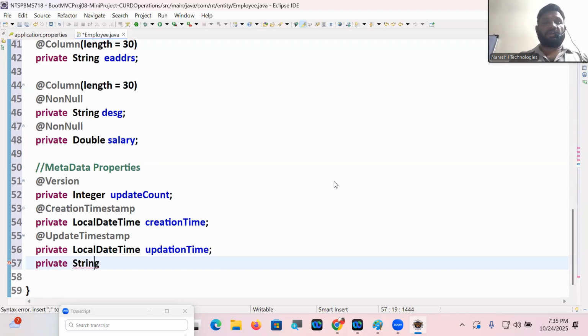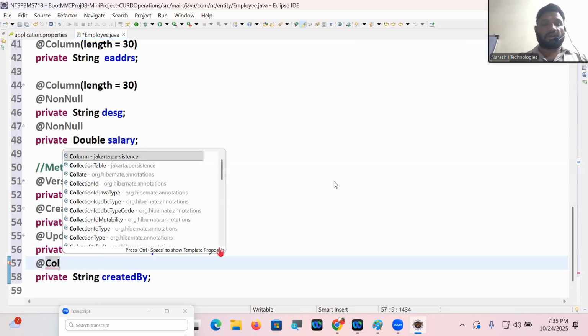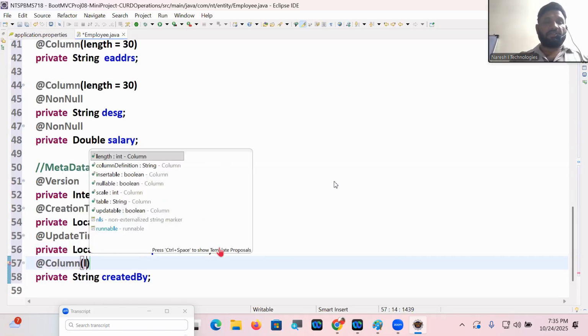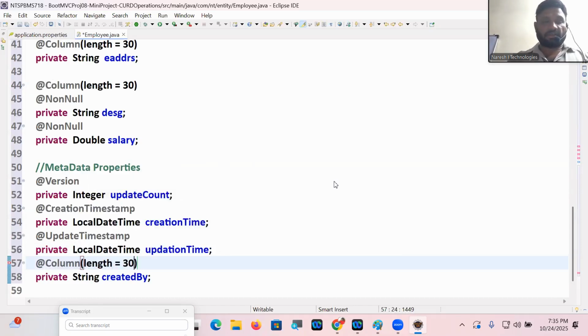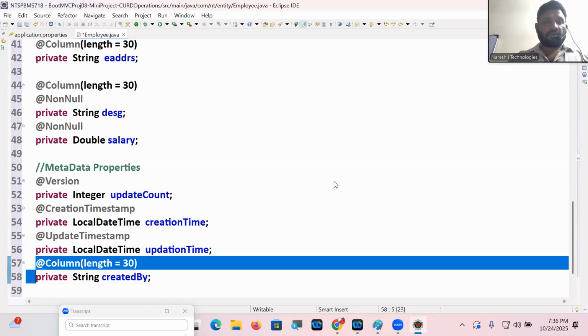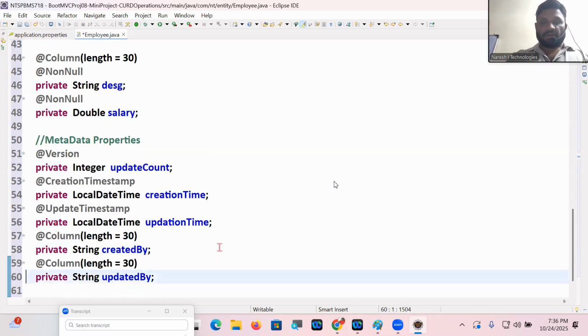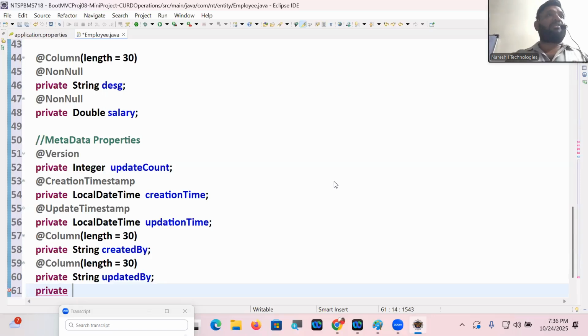Private string created by @Column, length equal to 30. That is created by. Next, private string updated by @Column, length equal to 30. Next, private string